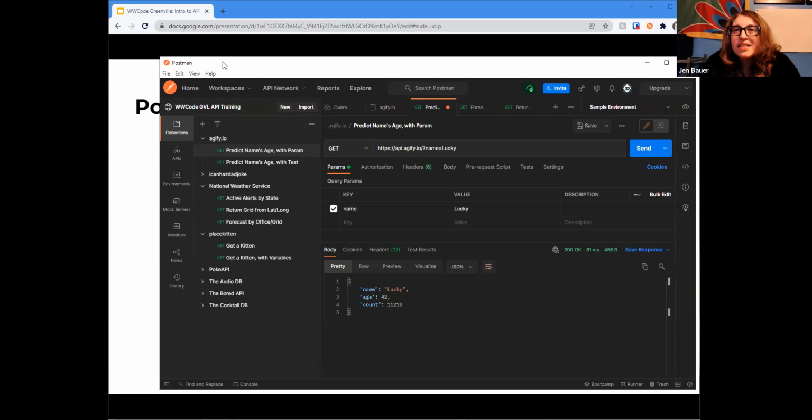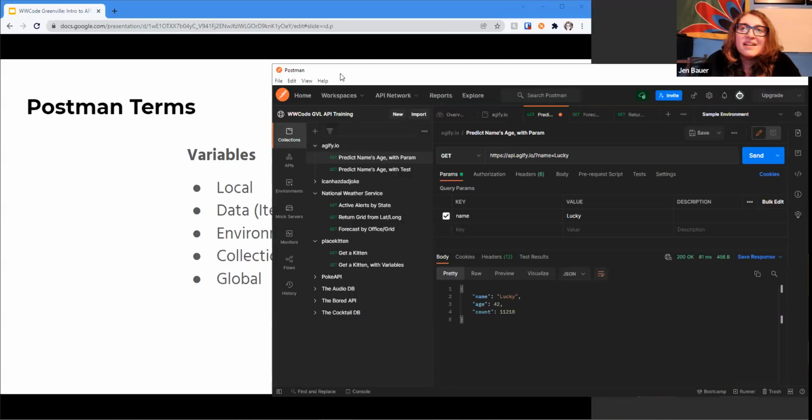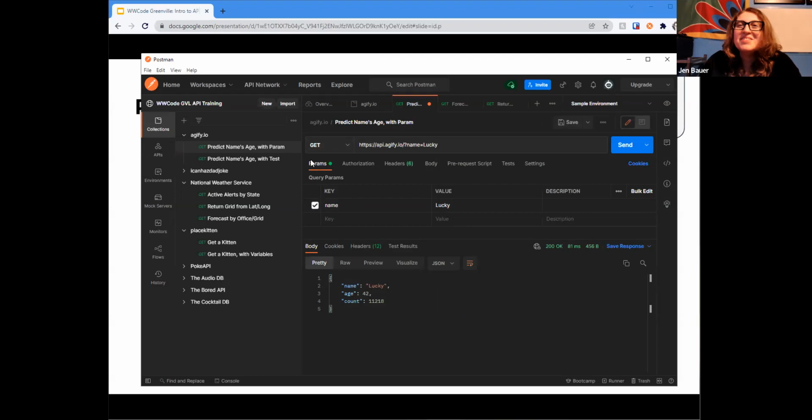The 5 levels that we had there were local, data, collection, global, and there's probably one more I'm not thinking of there. Yeah, environment level. There we go. So there are different areas where you could possibly store that variable data and have it have a different scope, right? Variable scope is such a big deal depending on what you're doing and where you intend for those values